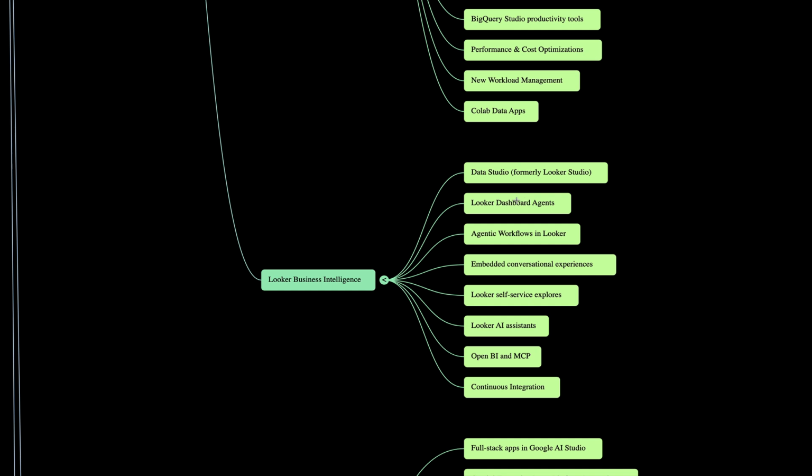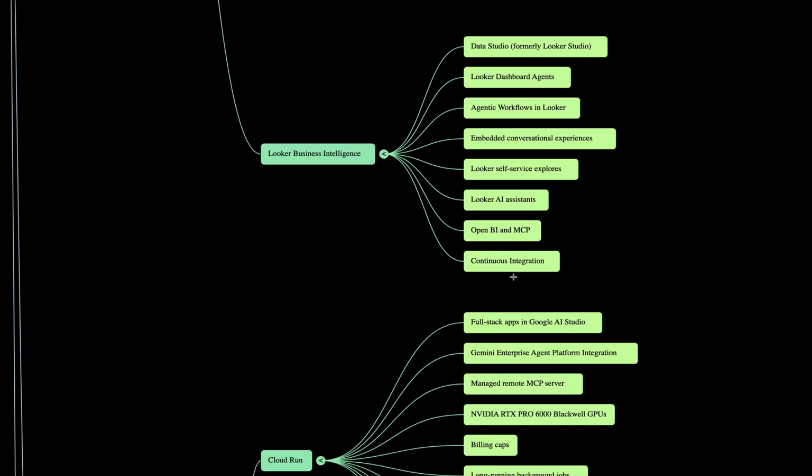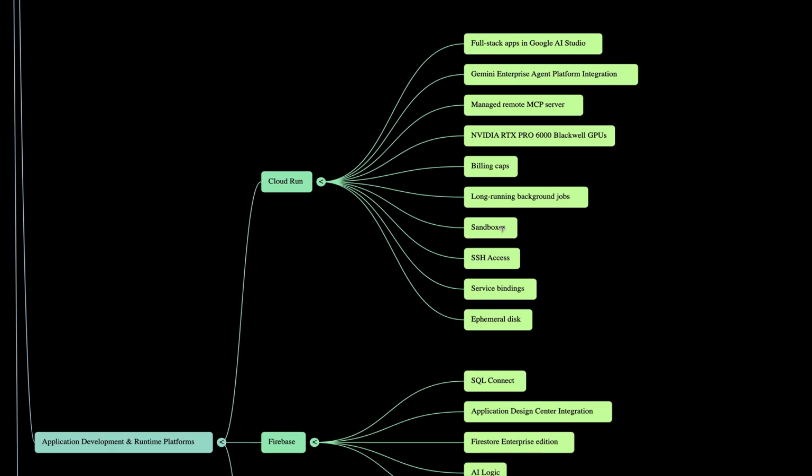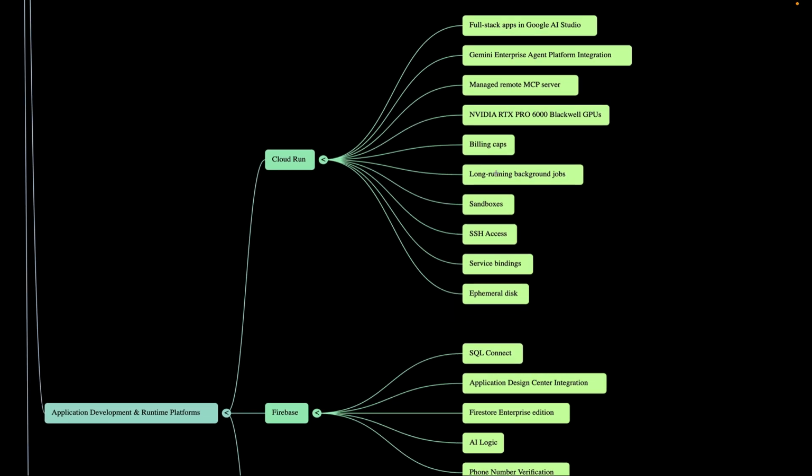Similarly, Looker Business Intelligence is now Data Studio. Formerly Looker Studio, it is called Data Studio. Similarly, new things are also added, so just check it out in Cloud Run also. If I talk about Cloud Run, as you can see, all these new things are added: manage